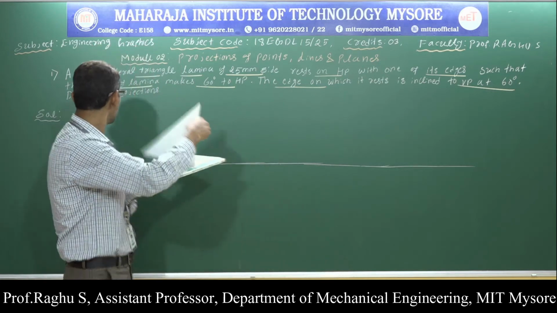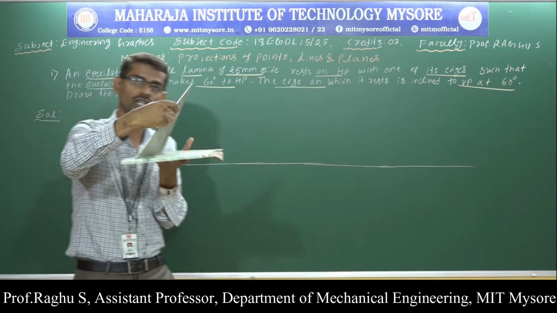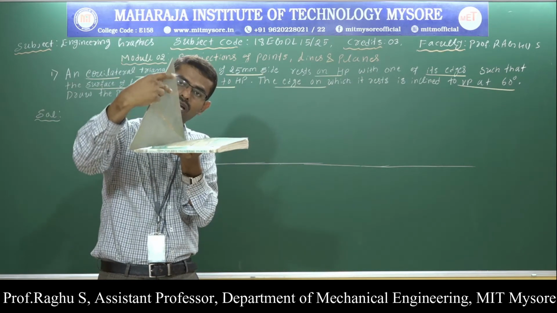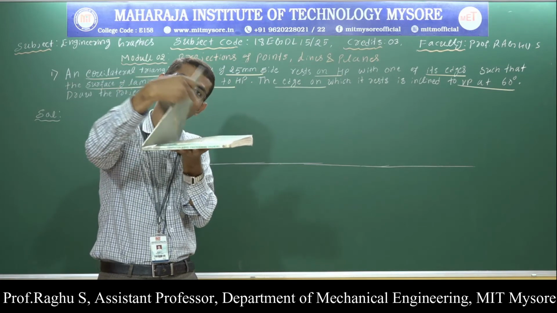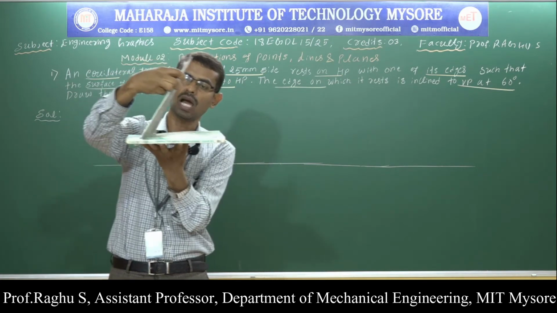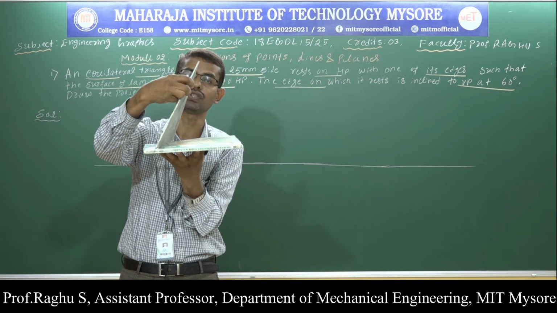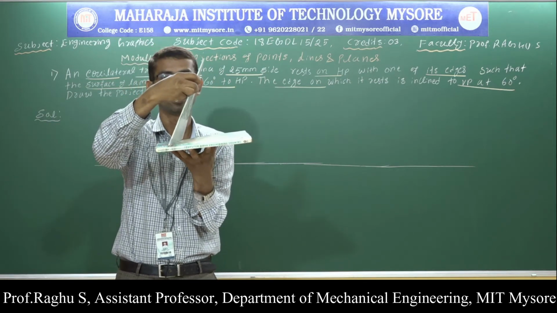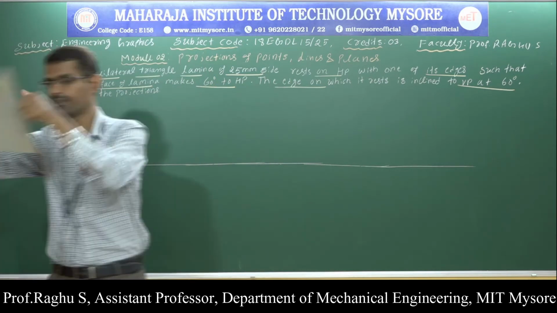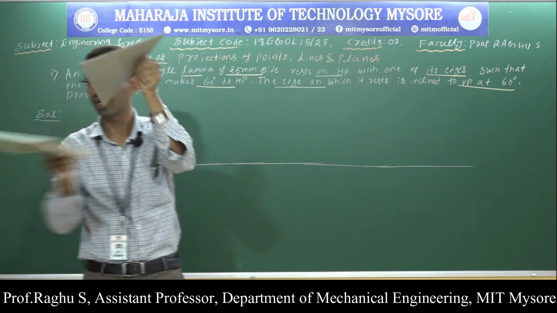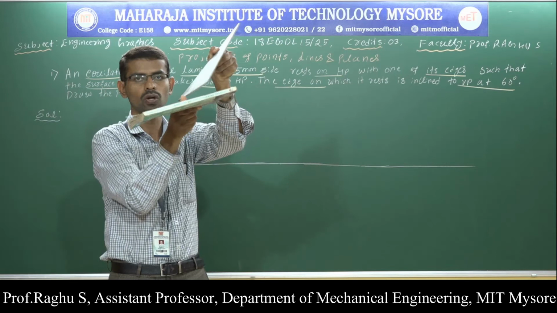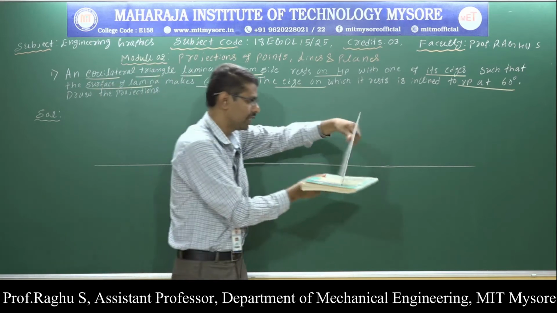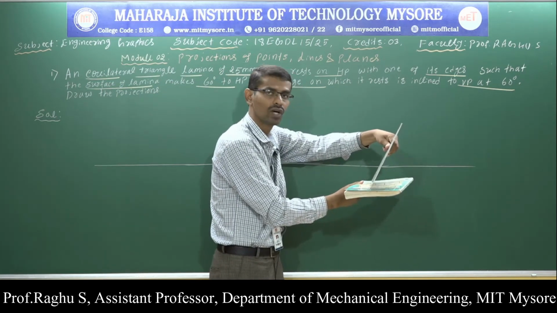Next one, such that the lamina is inclined with respect to HP at 60 degrees. This is the horizontal plane. This is the lamina, the entire surface. The entire surface makes an angle with respect to HP of 60 degrees. So this is the lamina inclination with respect to HP at an angle of 60 degrees. At the same time, which one is the resting side here? I have three sides. This is the resting side, the side resting on HP, the side resting on the horizontal plane. This resting side is inclined to VP. This is the vertical plane, inclined to VP at an angle of 60 degrees.